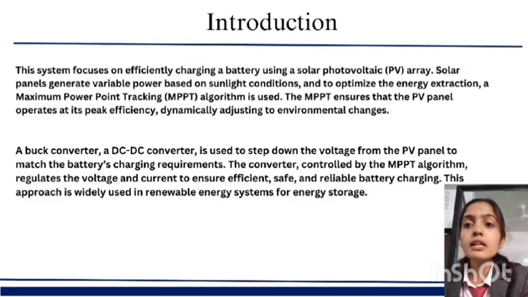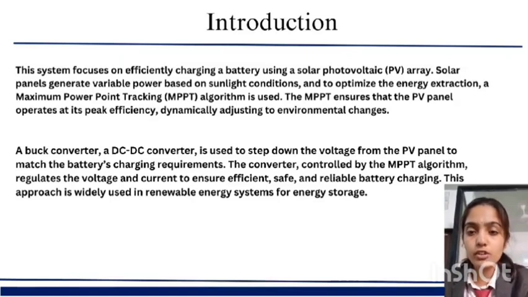The MPPT controller calculates the optimal operating point and sends a signal to control the power electronics, typically a DC to DC converter. In this system, a buck converter, which is a step-down DC to DC converter, is used to regulate the voltage from the PV array and match it with the voltage requirements of the battery. The buck converter reduces the higher voltage from the PV array to the lower voltage needed to charge the battery,